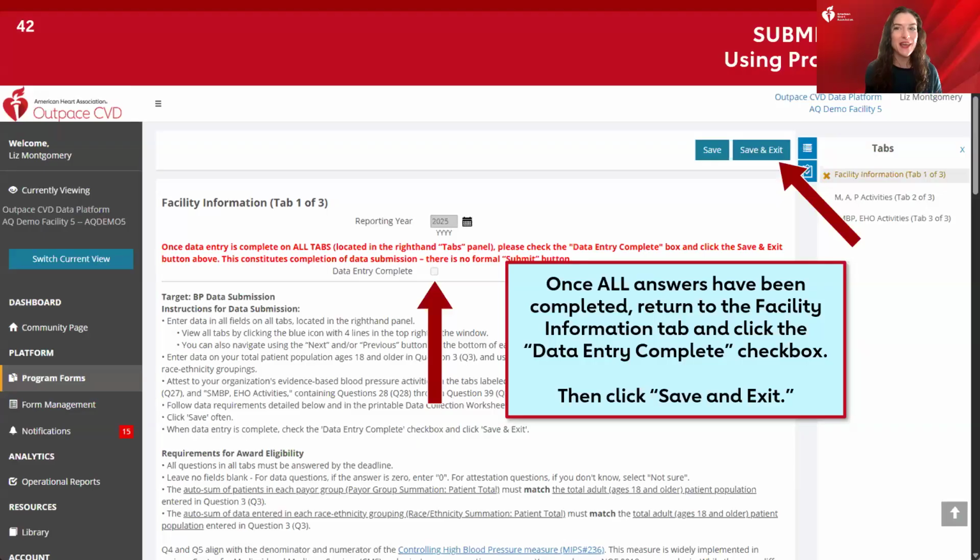You do need to save and exit after doing that to make sure that it is saved, but there is no automatic submit option that allows you to know everything has gone through okay. So you can always ask your staff to confirm that things look good on our end, but know that if that checkbox is marked, you should be good.